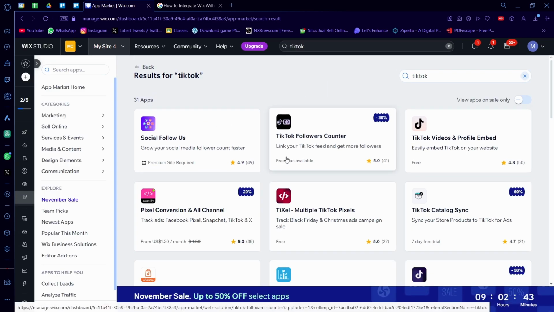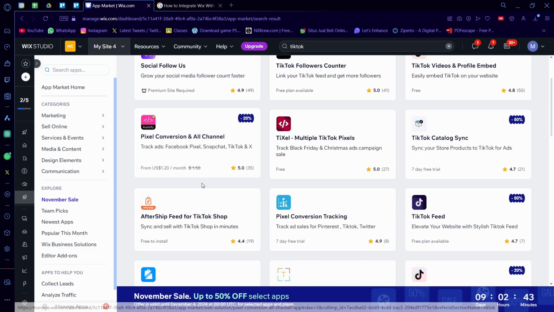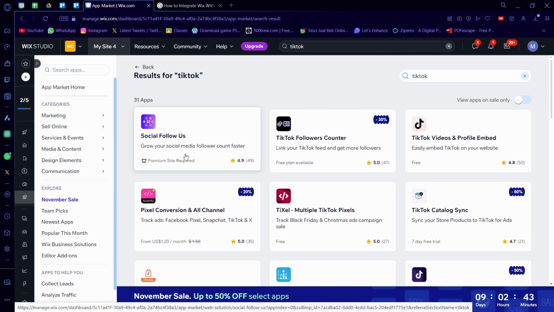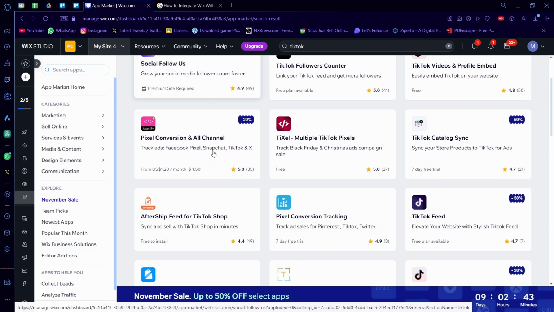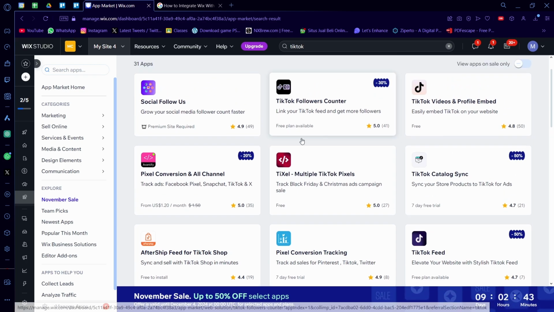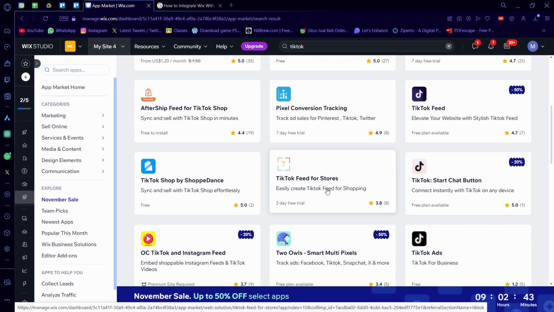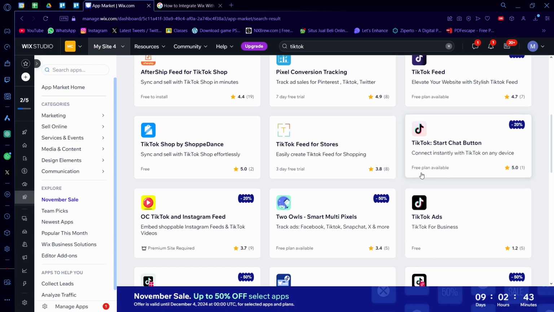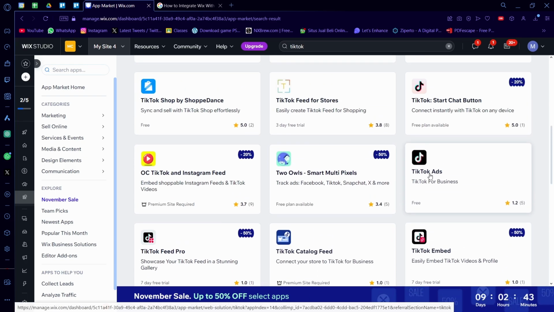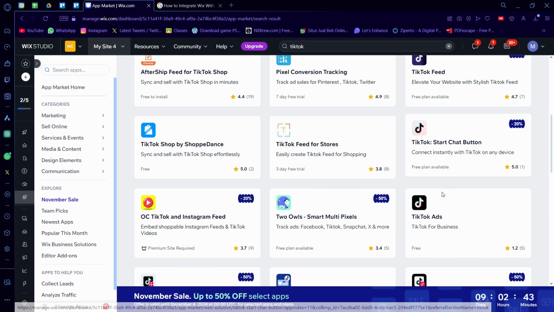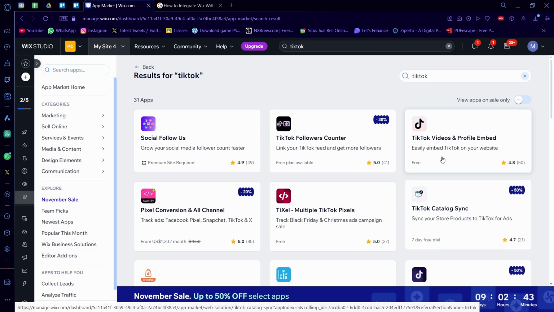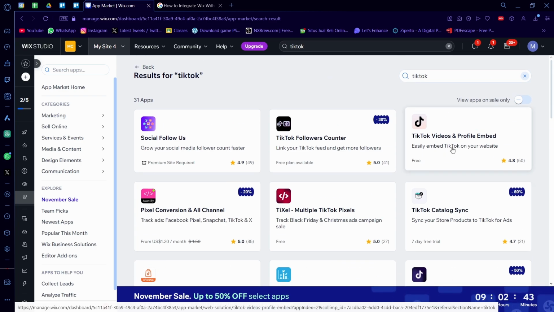And in here, there'll be a couple of apps you can use, like Social Follow Us. This is basically just a TikTok button on your Wix website. There's also a TikTok feed here, but be mindful of what it says here, like free plan. If it's free plan, then it'll probably be paid, just with a demo. You can also do TikTok ads here, or you can do TikTok videos and profile embed, which I will show